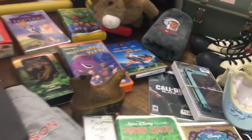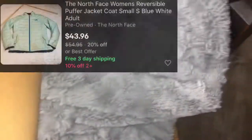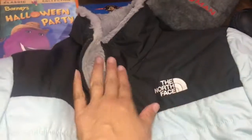Lastly, we're going to look at the jacket that we picked up. It's going to be this North Face. It is reversible. I will make sure that I clean it because, as you can see, coming from the bins, everything is nasty. But I wash everything, get everything nice and sanitized before I get it online. Anyway,